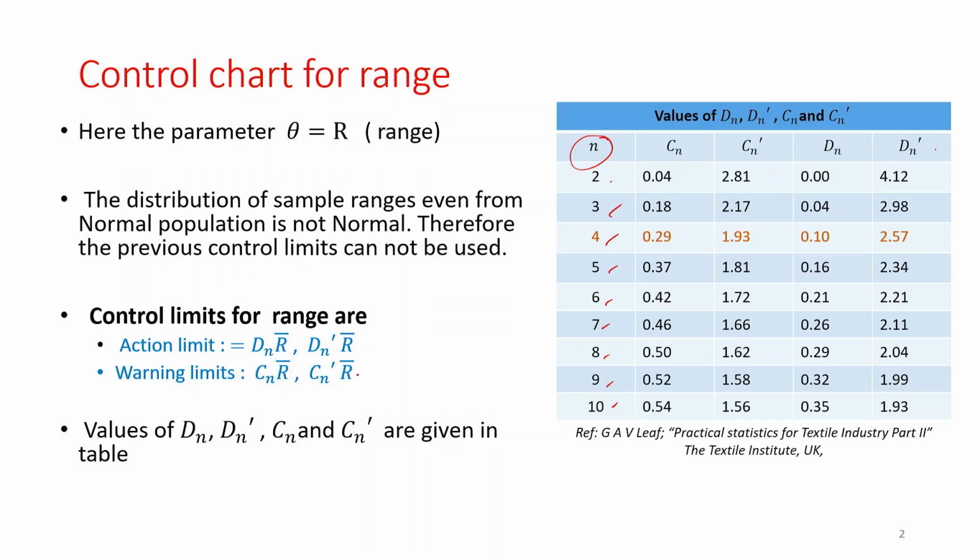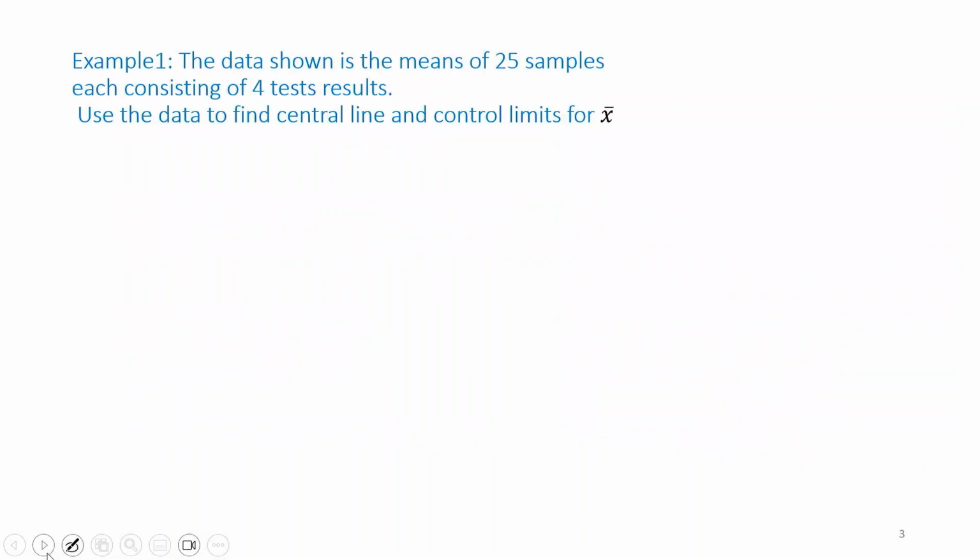So if these are the action limits and warning limits and the values are stated, therefore it is very easy to calculate the control limits for range. And we are going to look at this example and then see how the control limits for range can be calculated. The calculation part is very easy. So here is an example where the data shown is the means of 25 samples,